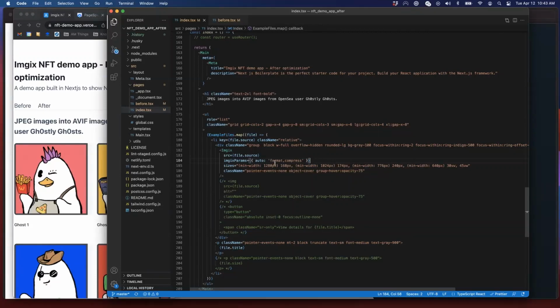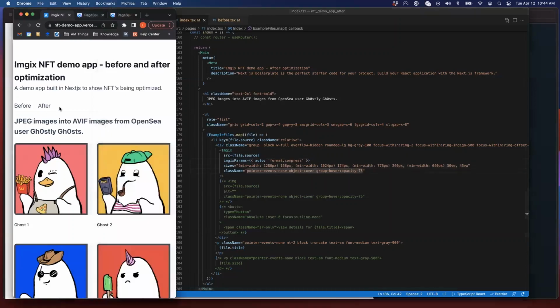You can even do cropping. You can create an ellipse, for example, tons of interesting different things. And we can share all of that if you're interested in learning more in our documentation. But essentially, that's all that we did to really improve the page speed score